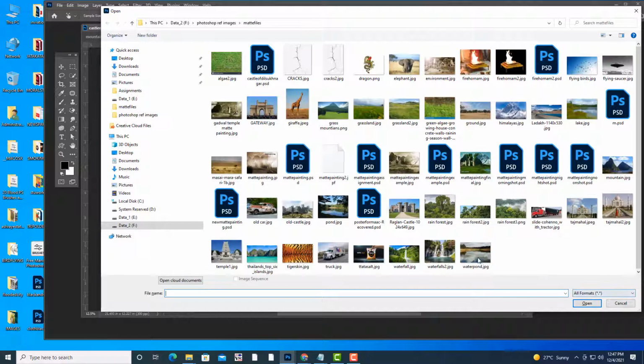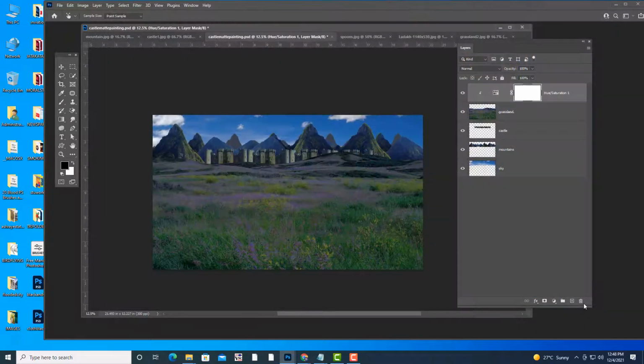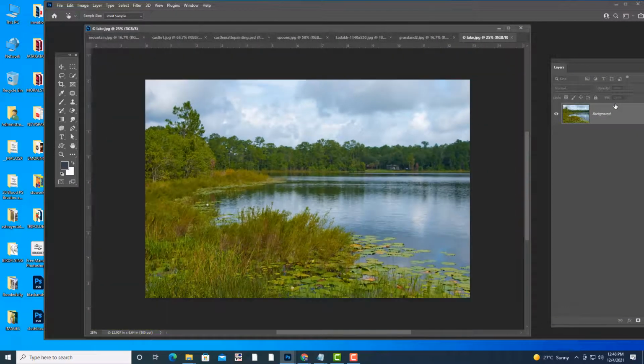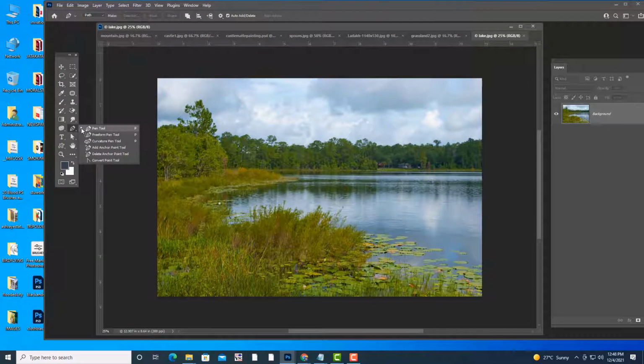So here it is. First we will select the lake. I'm going to use the pen tool. See, the path has to be active. We'll select it from here.